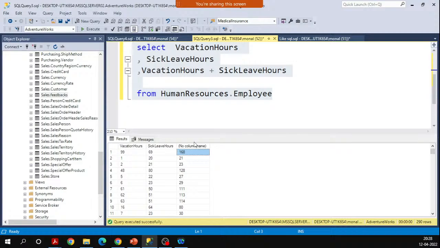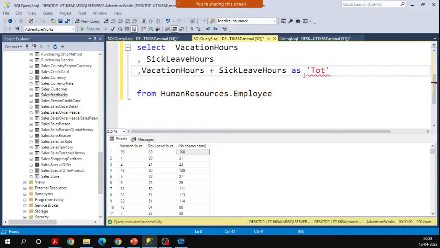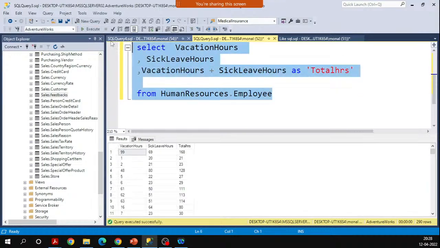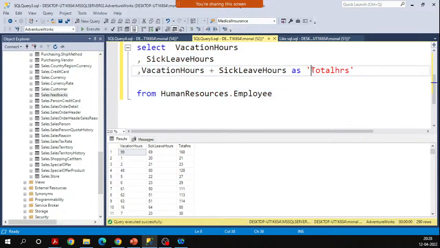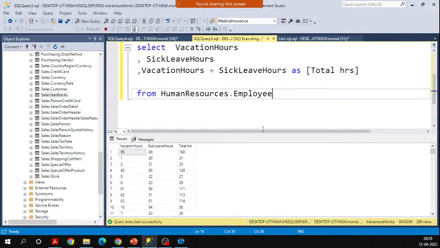But here the column name is not there. So how can I give the column name? Just specify the as keyword, and then you can give any name. Okay, I will give total hours. It is not required to put total hours in single inverted commas. You can remove them and execute. But if you want a space in between, then you can specify it in square brackets, since space is not allowed in the column name. So let's execute it. See,